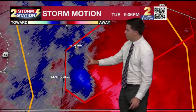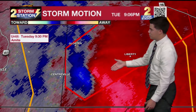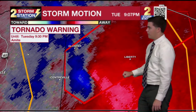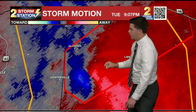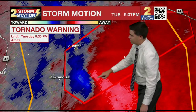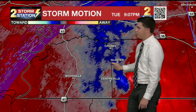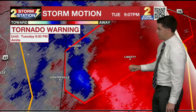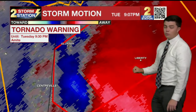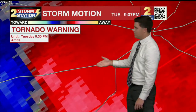So Centreville, you were basically done with the business end of the storm. You're not in that tornado warning polygon anymore. Gloucester, you're technically in that polygon, but the area of rotation that we're watching is to your southeast. So I would say you're not looking too bad if you're over there in Gloucester. That main rotation is down towards your southeast. But Liberty, that's where you really need to watch it, and everywhere in between,